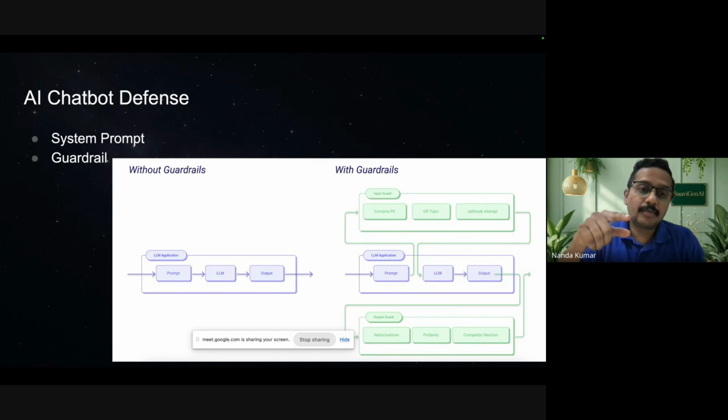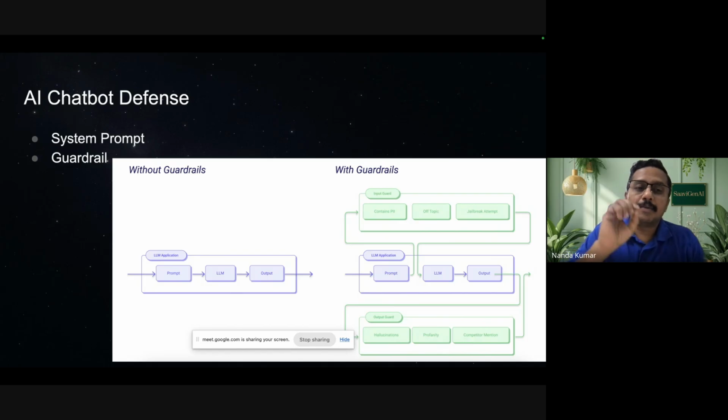We are going to cover more in detail about system prompts, guardrails, and other defense mechanisms in the upcoming BSides Agra session. So ensure you book and come, and then we can have a deep dive into all this stuff. When you prepare yourself as a red team or blue team for future AI applications, you need to know the basics. In this 1 hour session we will not be able to cover everything, but ensure you keep studying the basics of LLMs.